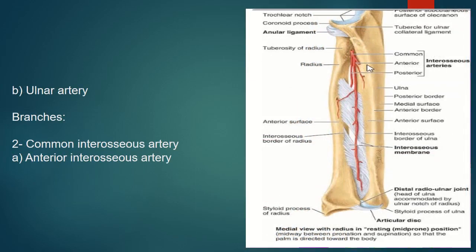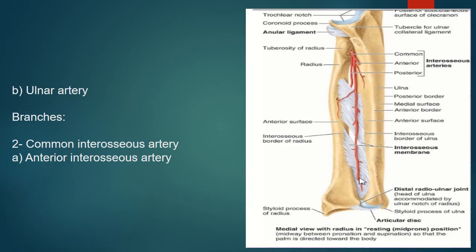Let me show you another image of these interosseous arteries for further clarity. Here is the common interosseous artery, which is dividing into two branches, the posterior artery and the anterior interosseous artery. This anterior interosseous artery, as you can see, runs on the anterior surface of the interosseous membrane up to the upper border of the pronator quadratus muscle. At this point, it leaves the anterior compartment of the forearm and enters the posterior compartment by passing through this small aperture which lies in the lower part of the interosseous membrane.